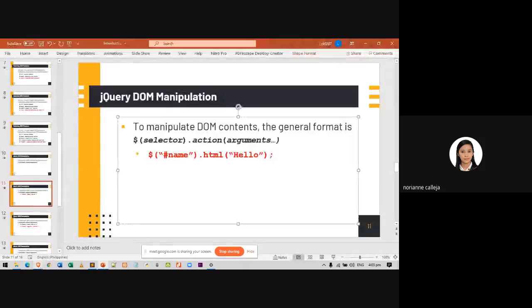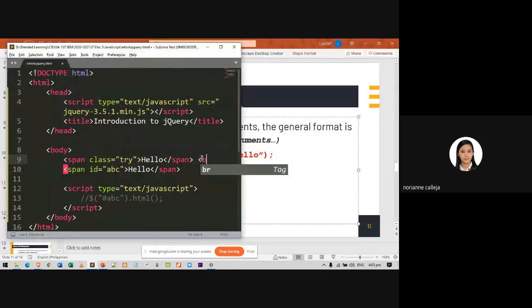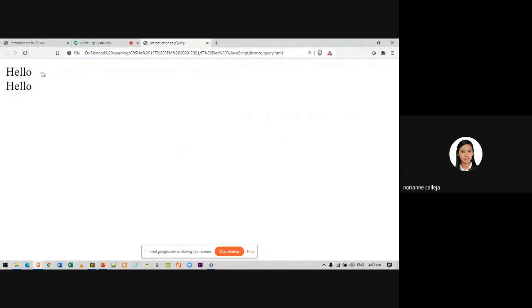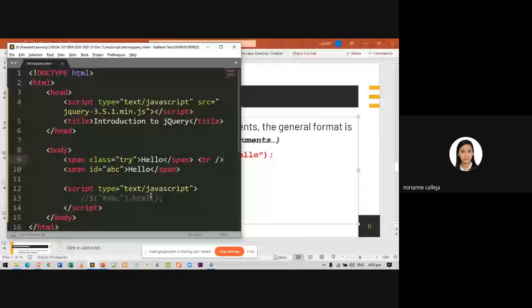I will just put a break for these two contents. That is the output of this code.